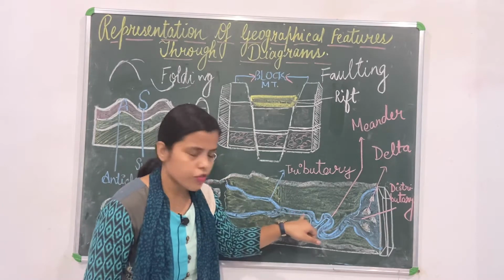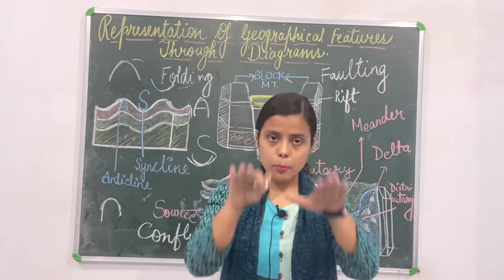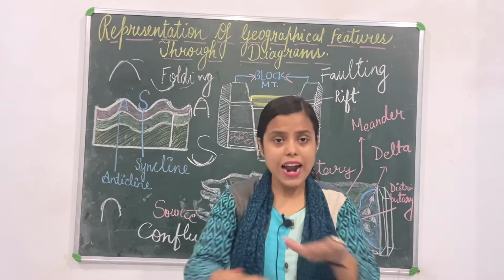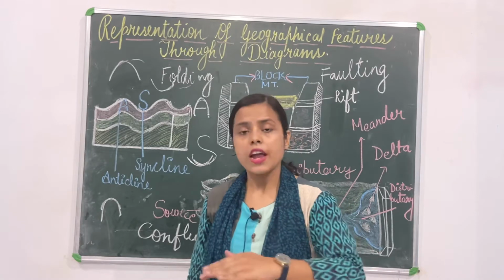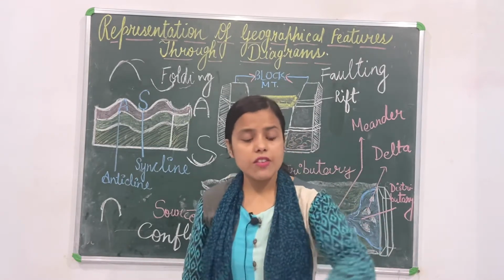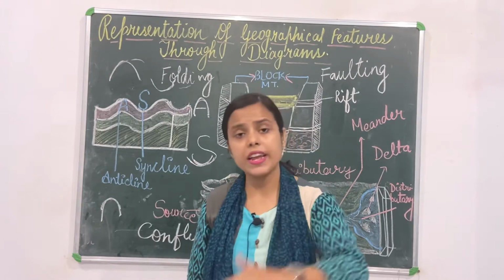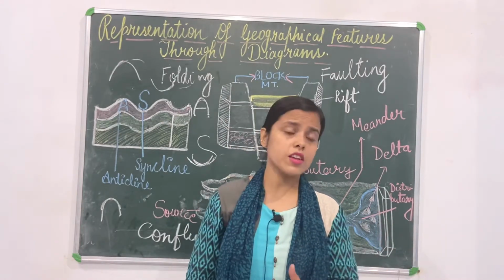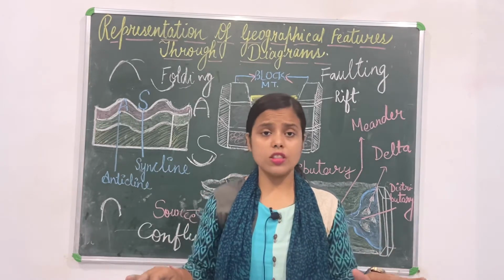Now, as you can see, river moves. Wherever it will get the place, it will move. And you know that the land on the earth is not even at all the places. Somewhere it will be rocky, somewhere there will be sand, somewhere highland, somewhere lowland, somewhere plain areas, somewhere mountainous region, rocky areas. So it is not even at all the places.